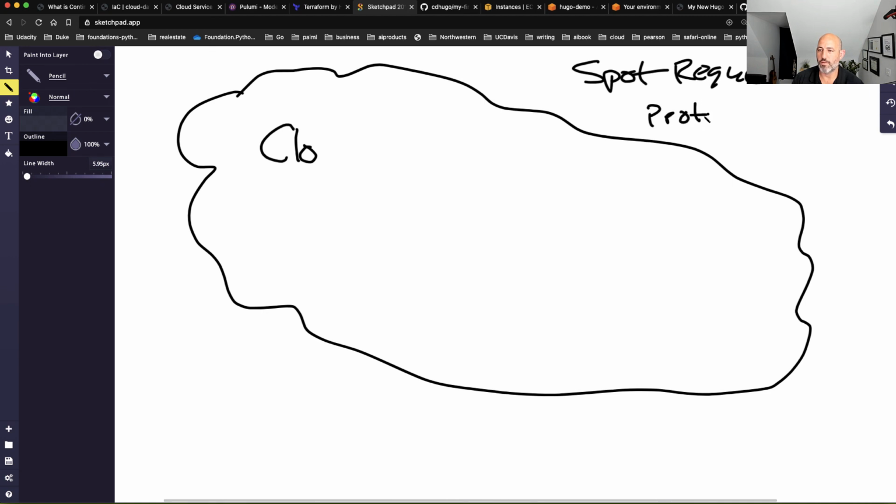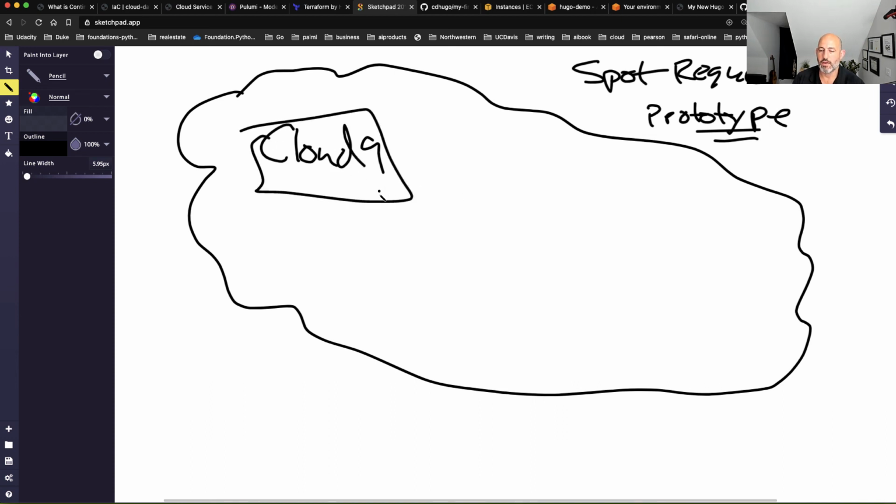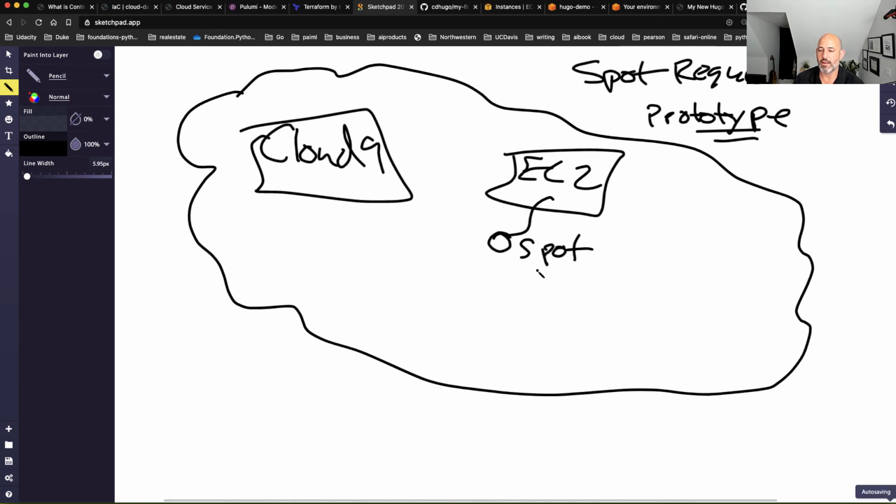Because really we were prototyping out what Jenkins does. So Cloud9, we go through here, and then in EC2, we say, hey, I want a bargain deal. I want to get the cheapest car you've got. We spin up a spot instance. We ask that to run.